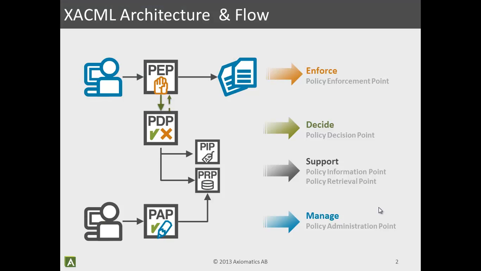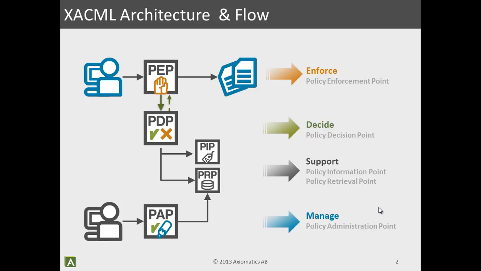The main components of the architecture are displayed here below. First and foremost, we have the PEP, or Policy Enforcement Point. This is the part that is responsible for protecting your applications, services, data, and other types of APIs. The Policy Enforcement Point is responsible for intercepting a business request, converting it into an authorization request, and sending it